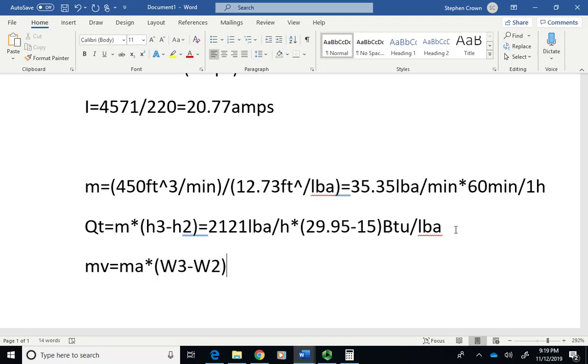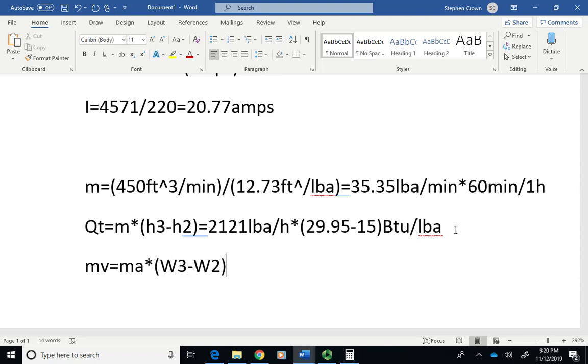That's true because omega 3 is the mass of the vapor leaving divided by the mass of the air. So when I multiply times the mass of the air, that's going to be the mass of the vapor leaving minus the mass entering, and the difference would have to be the mass that's added to the system. So how much moisture is being added to the space through breathing, through water evaporating, whatever means the water's getting into the space, maybe perspiration of people. So that's going to be